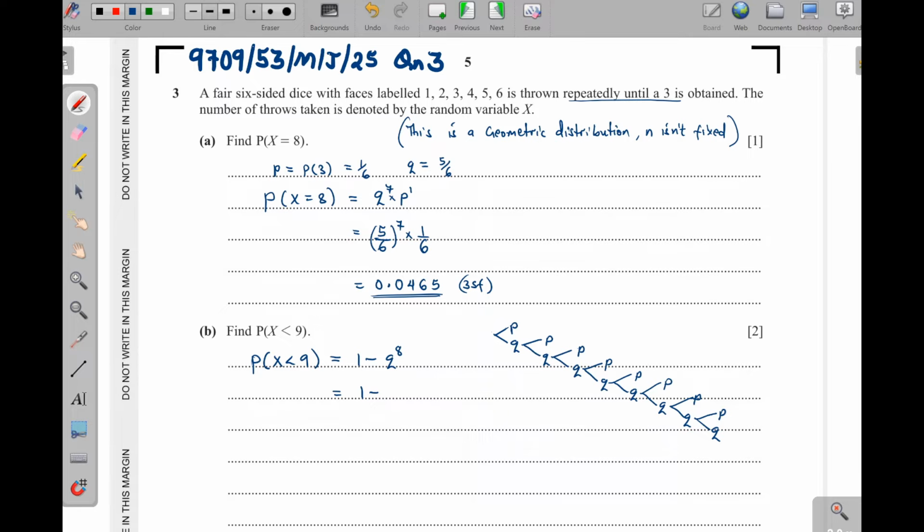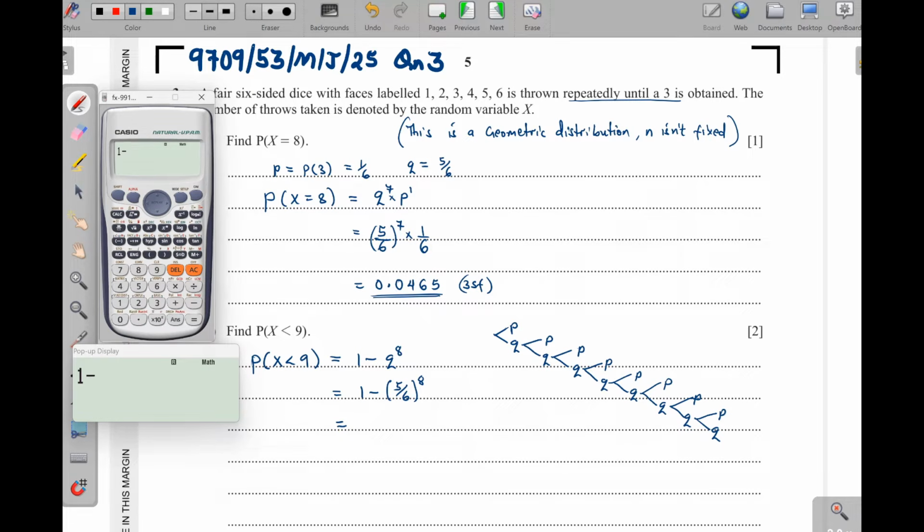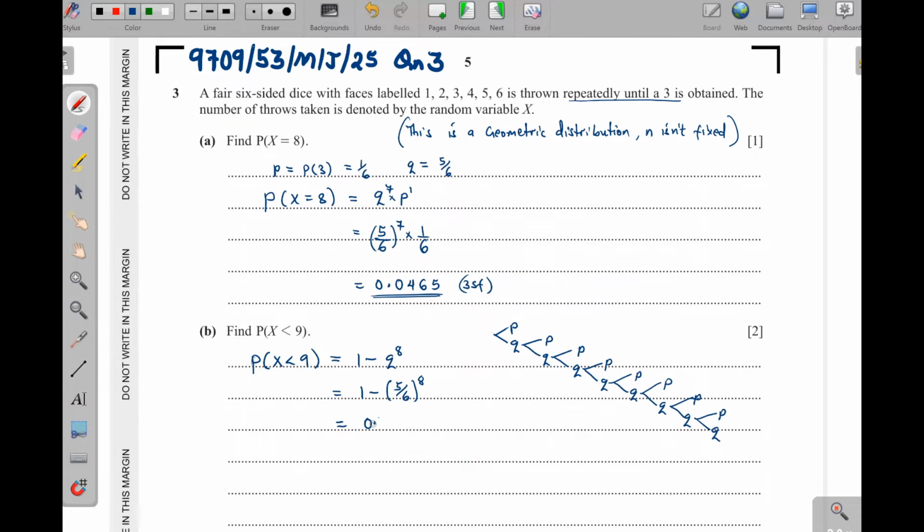So this will be 1 minus our Q is 5 over 6, then we power it with the 8. Then our answer becomes 1 minus 5 over 6 to the power of 8. That is 0.767 to 3 significant figures. Okay, alternatively,